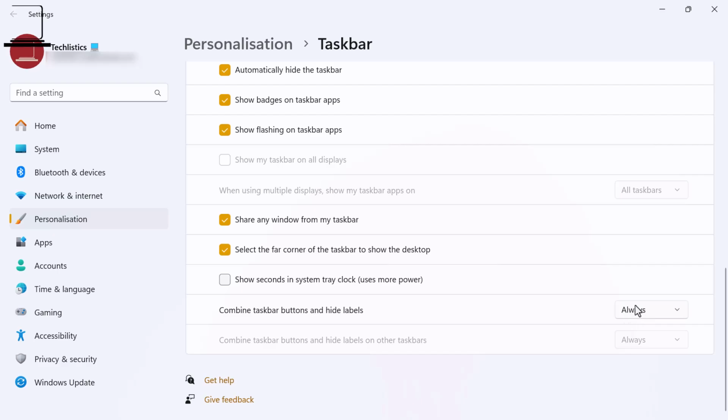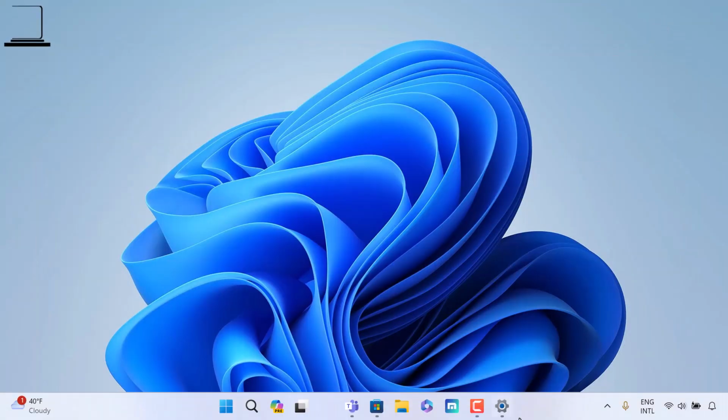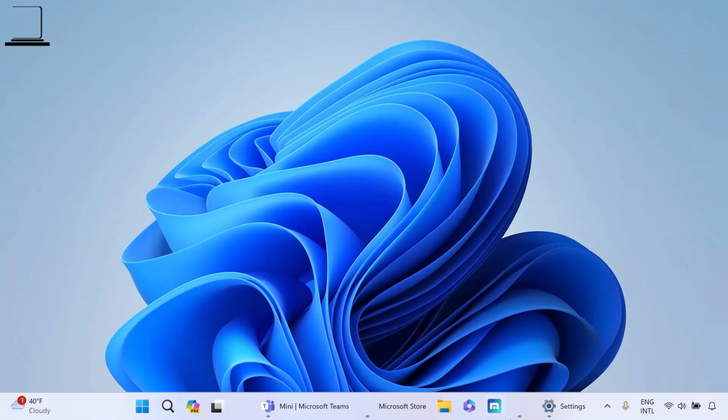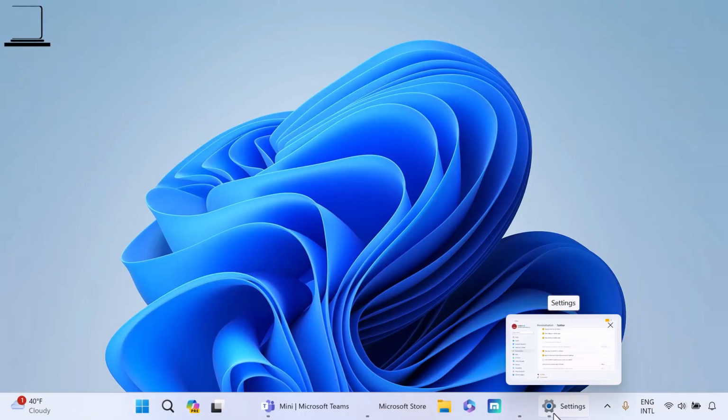When it's set to always, all the apps you have open on the taskbar will only show the icons. But when you change it from always to when taskbar is full or never, you will have both the labels and the icons. See,